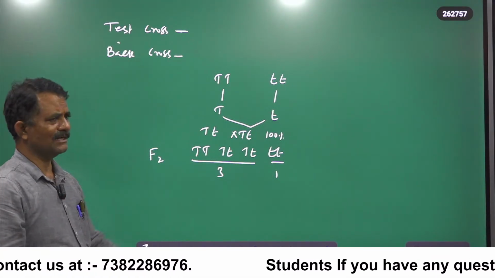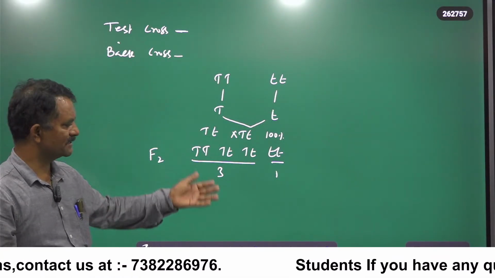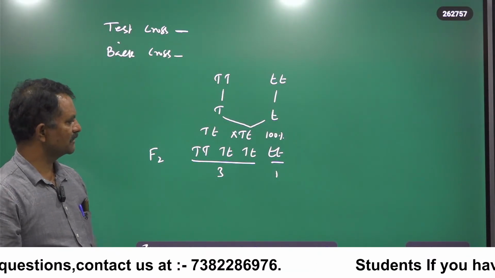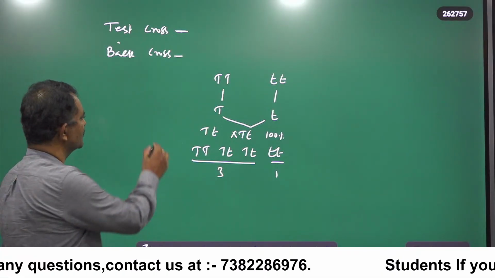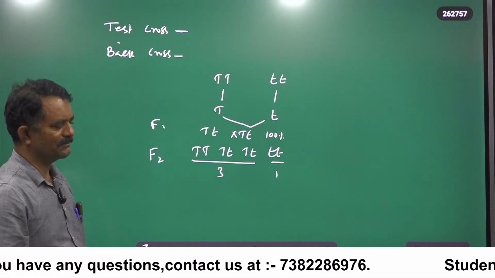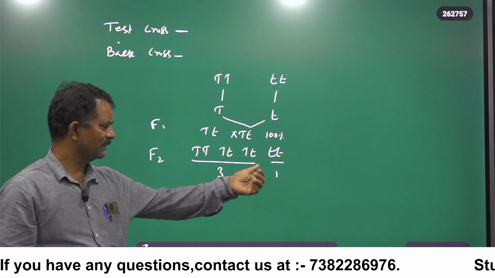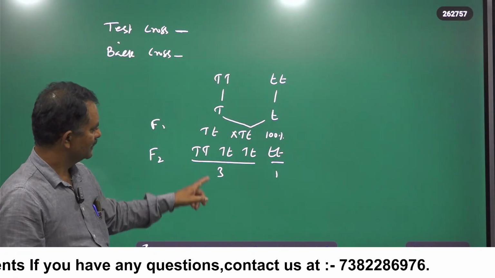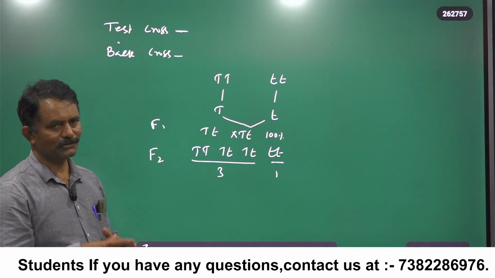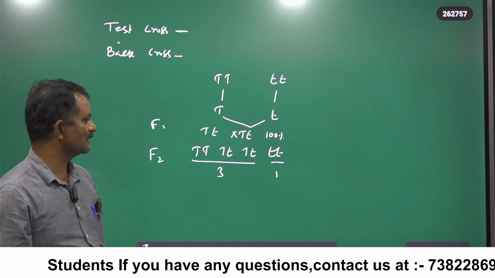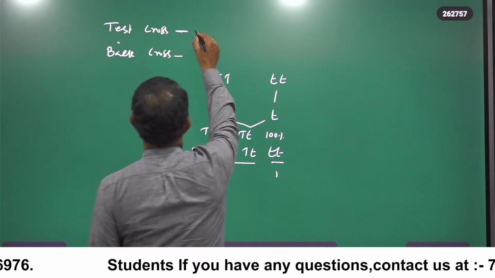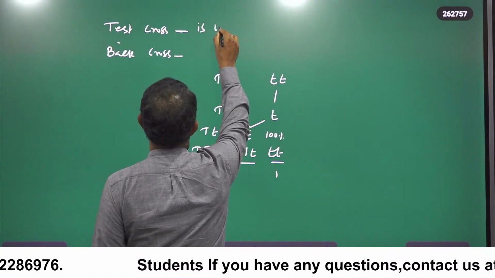We can see the 3 dominant, but we don't know the genotype of those 3. What is the genotype of those 3? It is F1, it is F2. So we have 3 dominant tall plants and 1 dwarf plant. The 3 plants we can see, that is the phenotype, but we don't know the genotype of the plants. Automatically, to know the genotype, test cross is used